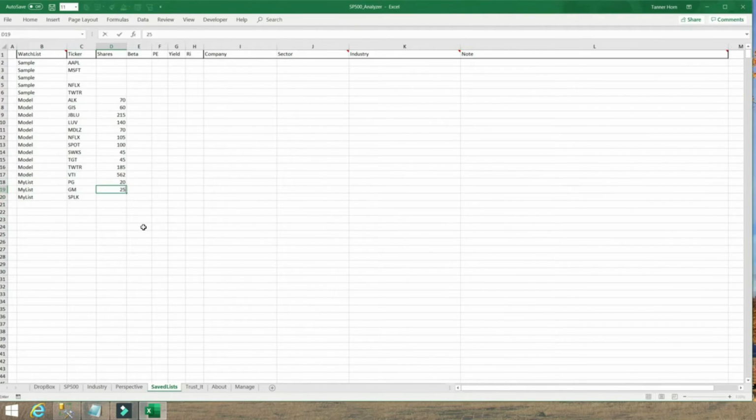Let's say 25 shares and 10 shares. Now the beta will automatically be brought in for the S&P 500 members of this watch list. It's the Splunk, which is not a member, that I'm going to go ahead and enter the beta for here: 1.6. PE ratio, let's say it's something like 30, and maybe the dividend yield, there's no dividends being paid, and